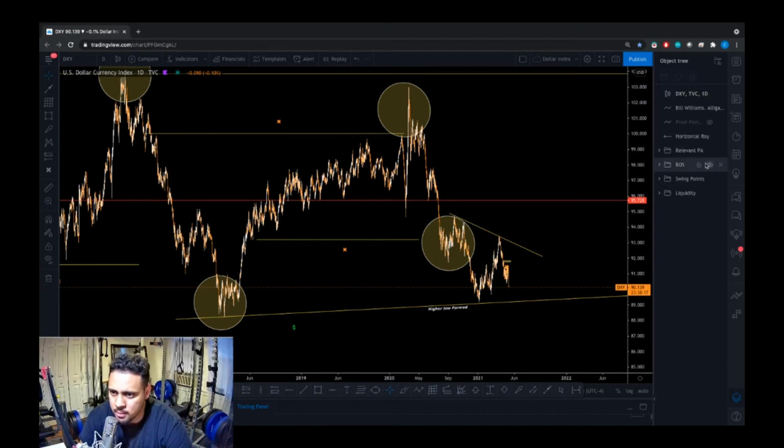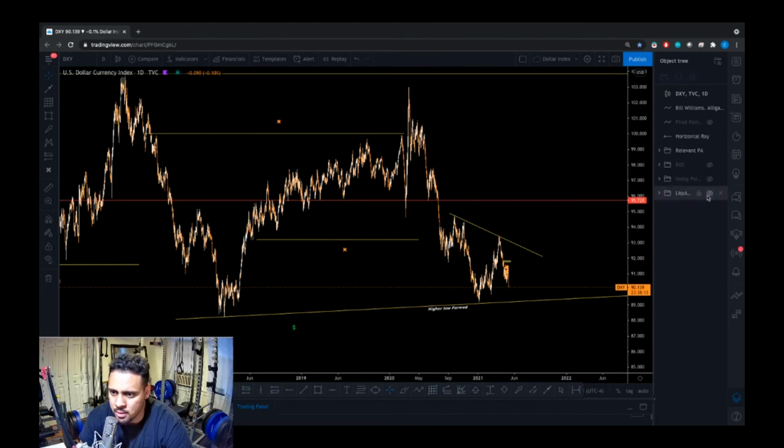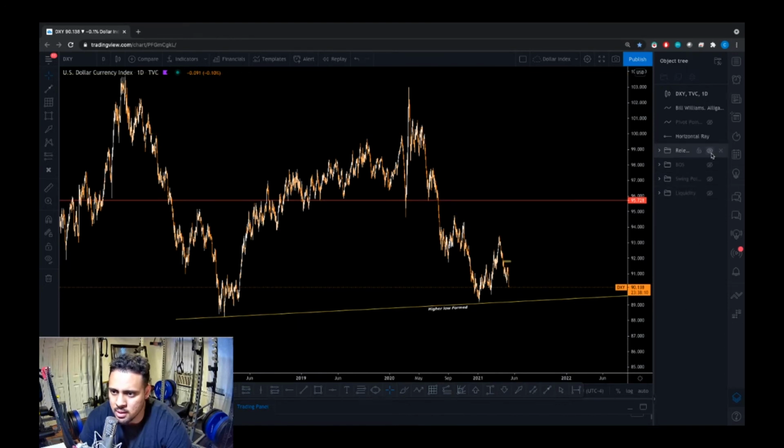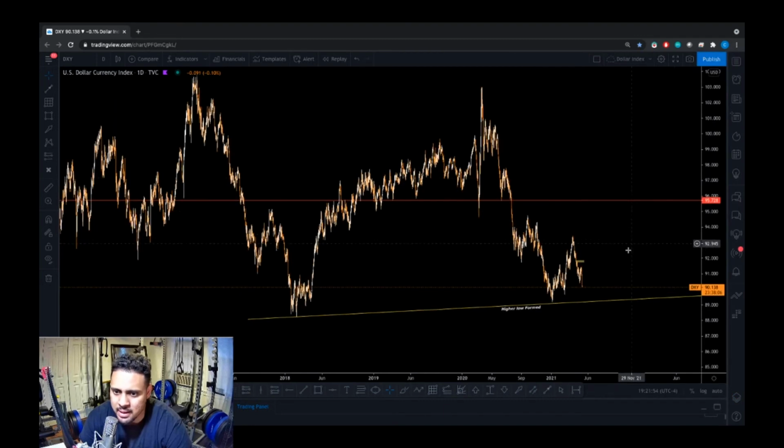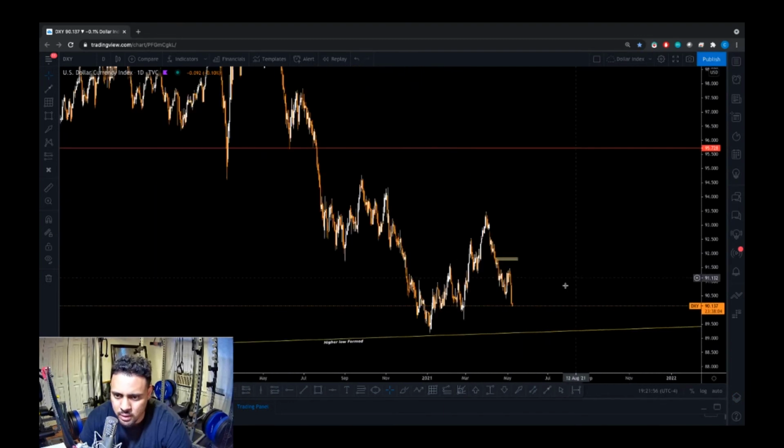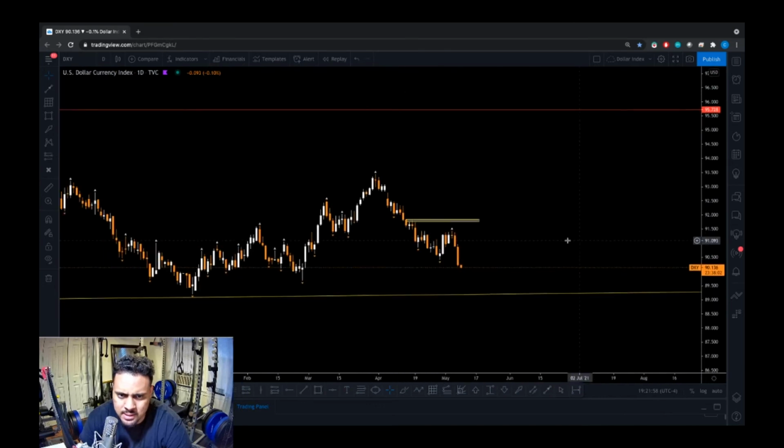Okay, I put the breaks of structure. We don't need that anymore. We don't need the swing points. We don't need the liquidity anymore. All we need is the relative price action. And that's it. So looking at the daily, now you want to zoom into the daily,